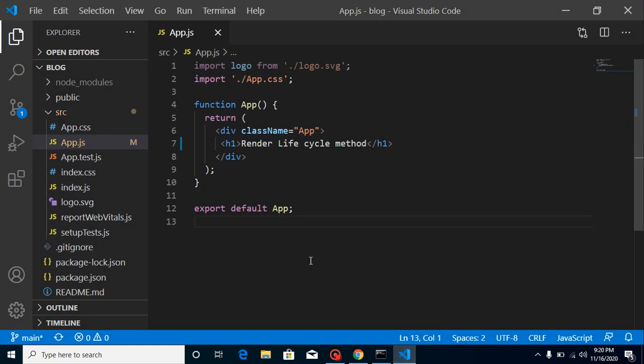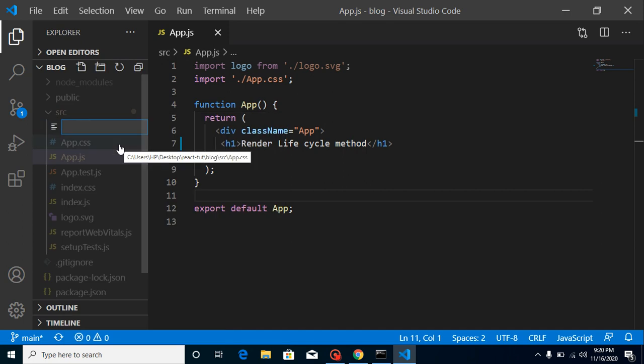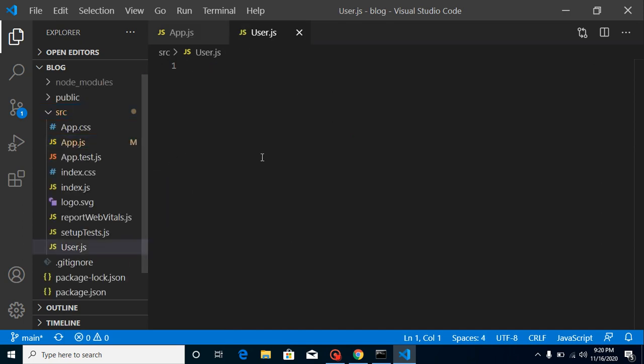So this is my app.js component, and basically this is a functional component, but we cannot use React render inside a functional component. That's why I'm going to create a class component. So just simply write here user.js and make a component of it. Just write import React from React.